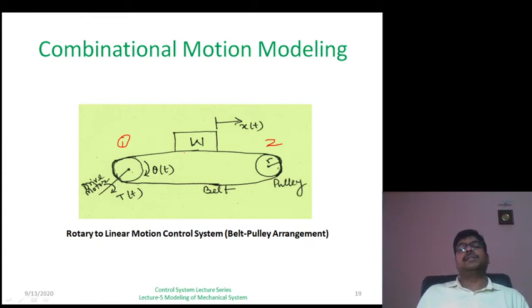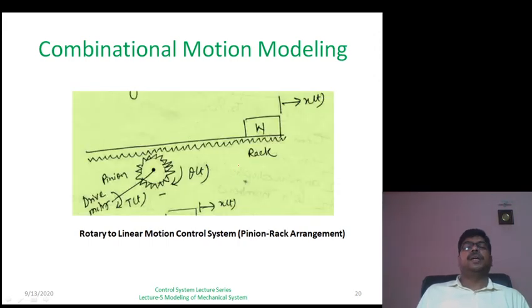So normally this type of arrangement you can find in a colliery where coal handling takes place, or in a power plant where you can see the movement of the coal from the storage point to the boiler point, or from the mines to the place of dumping, that is through this pulley belt arrangement. Second one is